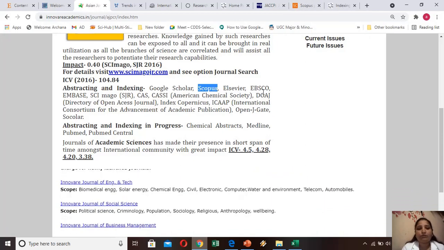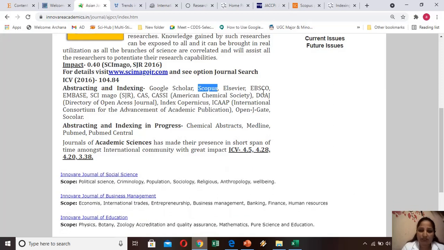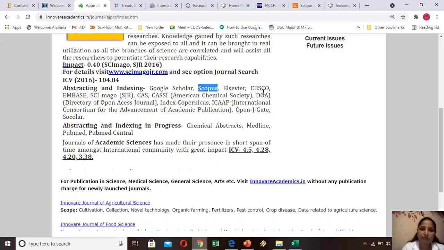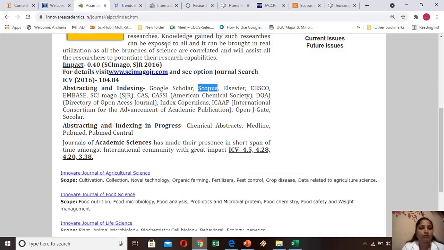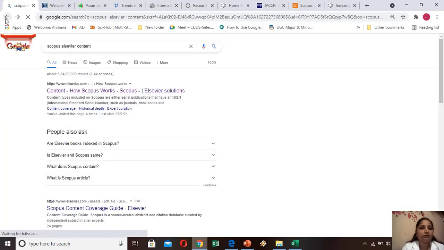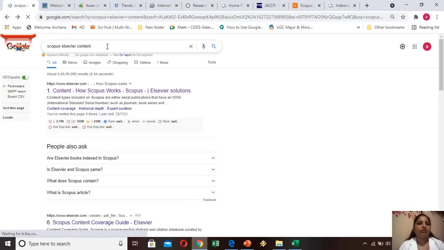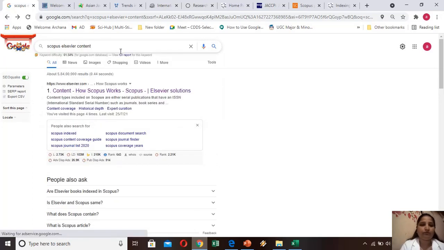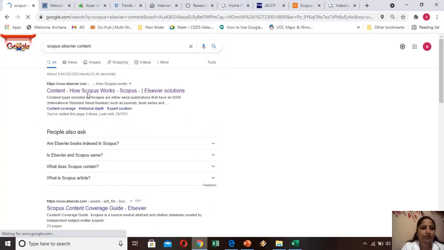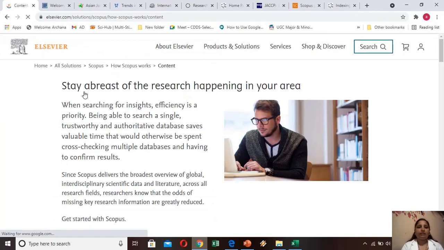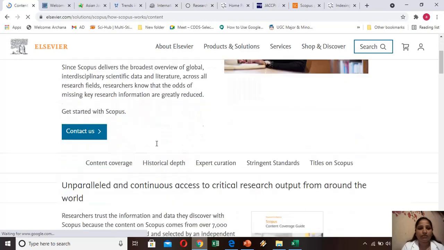But now Scopus has provided a whole list of the journals which are indexed in Scopus, and also the list of journals which are removed from Scopus. So how can we download that list? We can type Scopus elsevier content and click on the content. It will redirect us to the website.